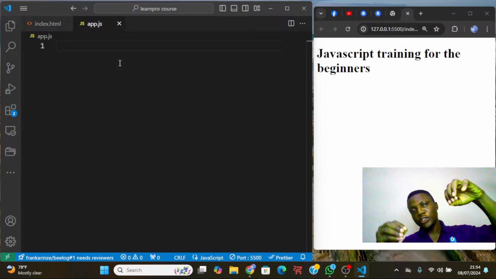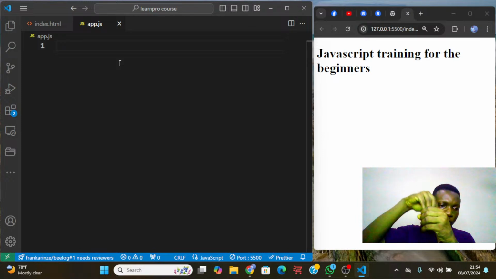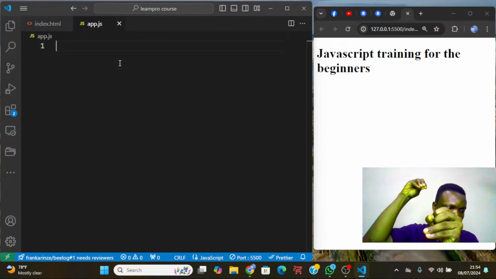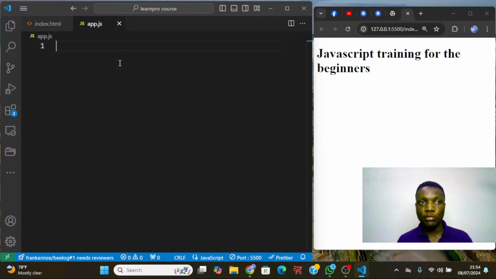Just like a box. When you put something inside the box, the box is going to contain that particular thing that you insert in the container. So that is what a variable is. No matter what programming language you are studying, that concept remains the same. Okay. All right. So now to write a JavaScript variable,